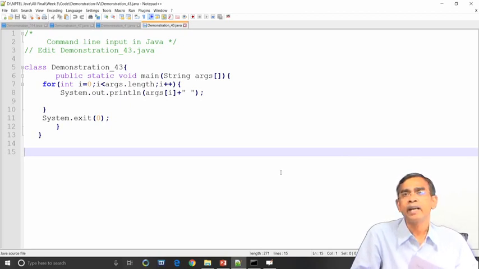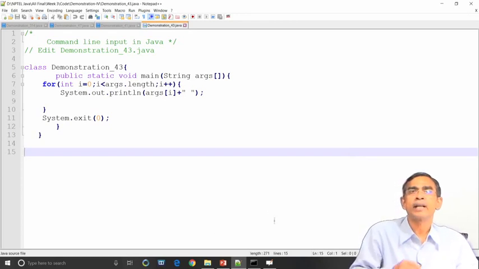Java will not ask for any input later on. So, if you know the inputs required for your program, you can pass them at the time of calling or executing the program. Whatever input you give, the Java interpreter will store in a temporary array.